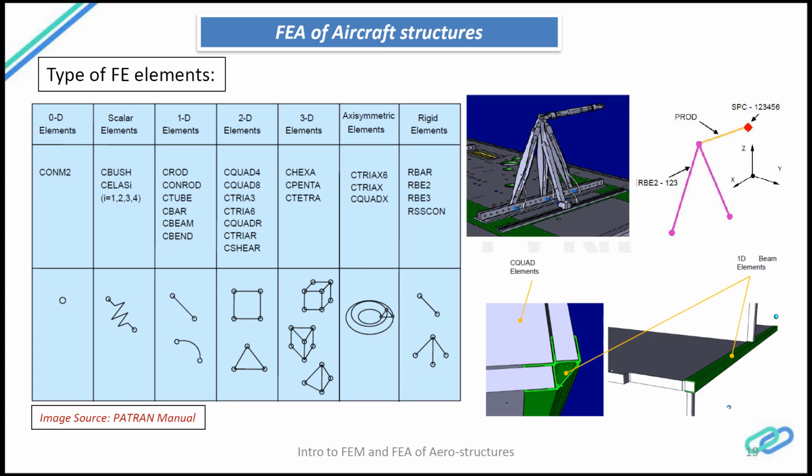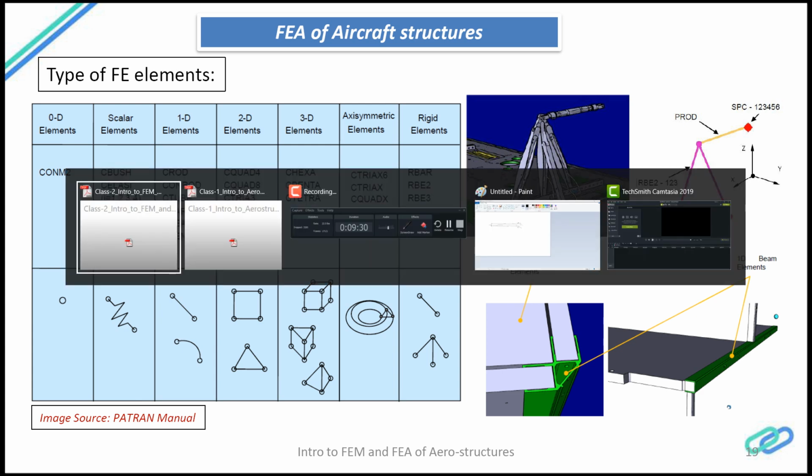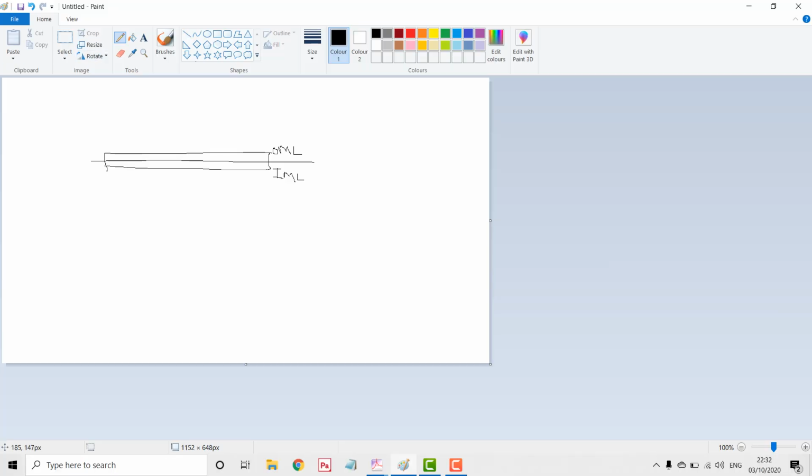Suppose, imagine you have a cantilever beam, and I will go into Paint now to demonstrate. Switching on to the paintbrush, imagine you have a cantilever beam and you have a dead mass over here on the cantilever beam. So how can I idealize this into the FE? I can model